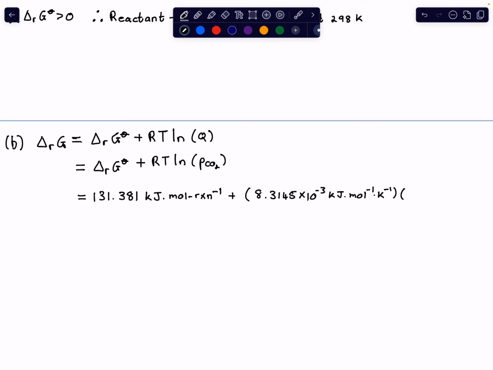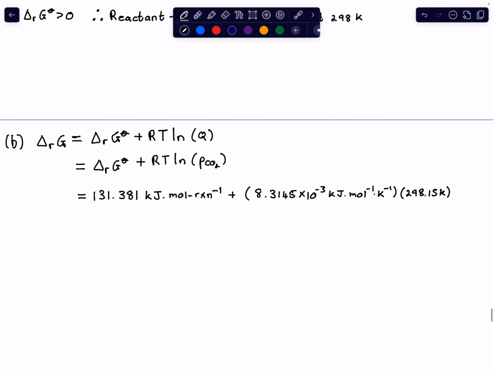All right. T is 298.15 Kelvin. And then our partial pressure, or our Q, is just the partial pressure of CO2, which we were given as 0.10 atmosphere, because it's just the partial pressure of CO2. So taking all of that and rounding it to the correct number of significant figures, I get